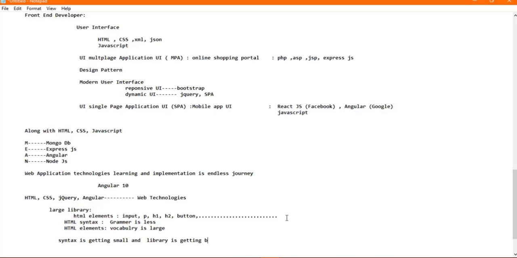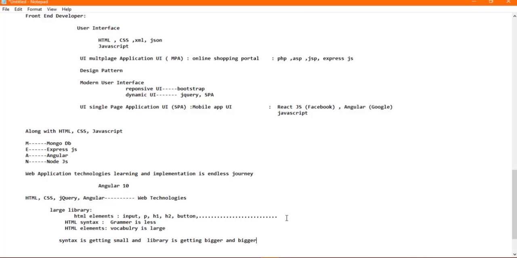Bigger and bigger and bigger. And every 1 month, every 3 months, every 1 year, every 3 years, this is getting extended. Previously it was just HTML, only HTML. We were using HTML from almost 1990, when Tim Berners-Lee, correct, no? He introduced a concept called hypertext markup language in 1990, and the world got totally changed, and people started presenting information using this HTML syntax on the internet by creating their own web pages.